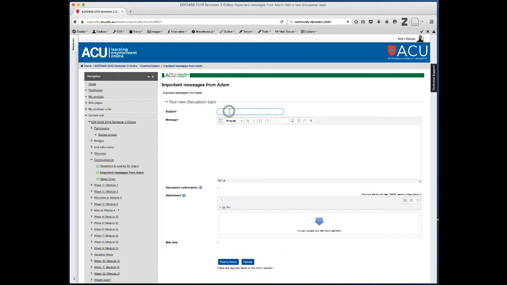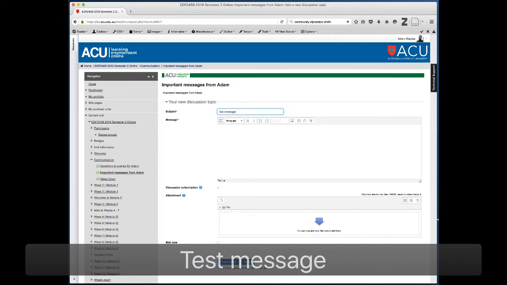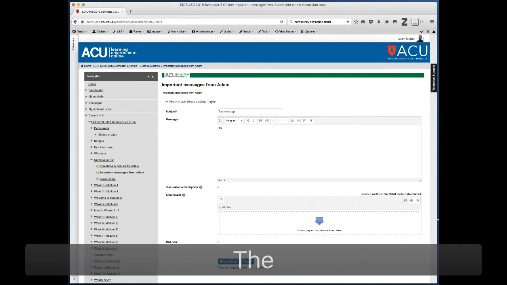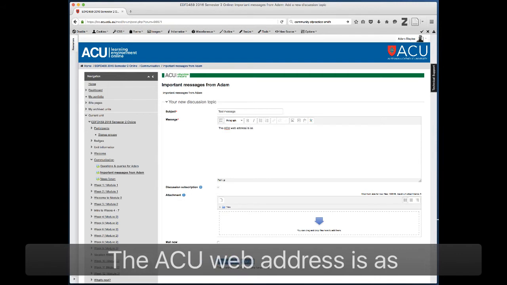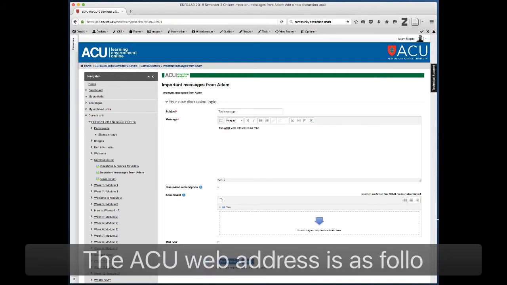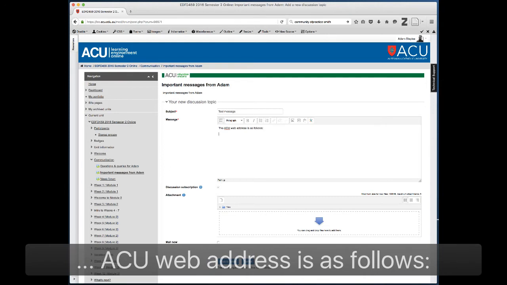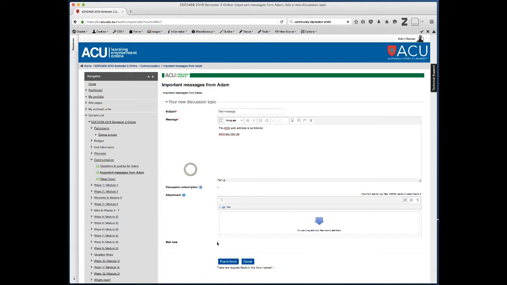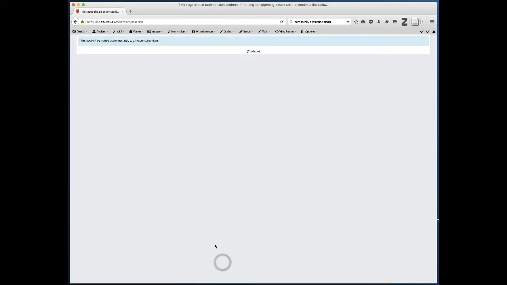Okay, so I'm going to call this test message, and the URL that I want people to access is going to be the ACU web address. So the ACU web address is as follows. Okay, so the address for ACU is www.acu.edu.au. Now, if I was to post that now, just to show you as an example,